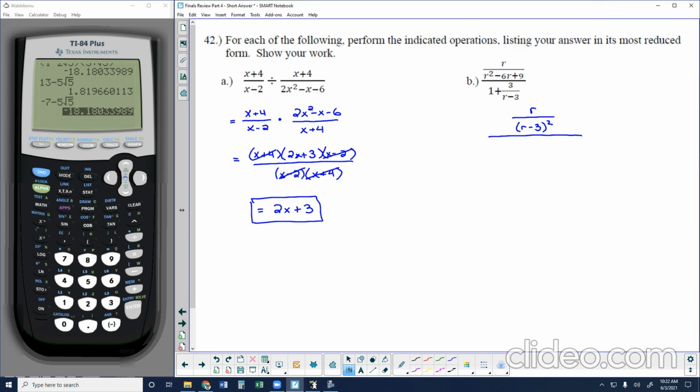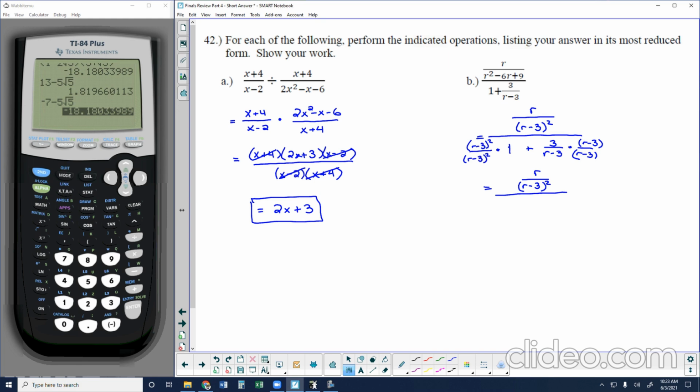In my denominator, I have 1, which cannot be factored, and 3 over r minus 3. So if I want to make sure all of the fractions, all of the terms within my fraction have the same denominator, I can do some multiplication to make this happen. So in the bottom right, I would multiply by r minus 3 over r minus 3. In the bottom left, I would multiply by r minus 3 squared over r minus 3 squared. What this would give me, and I'll simplify as I go along, is r over r minus 3 quantity squared